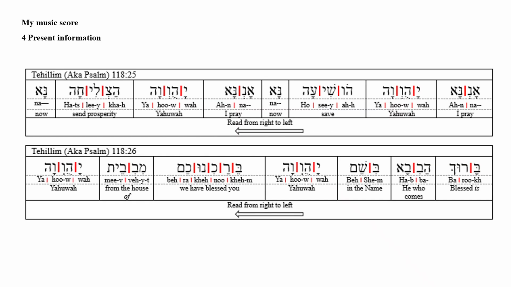4. Present information. My music score reads from right to left as per the Hebrew language. I play the notes in each syllable as a chord and regard each Hebrew word as a bar of music. I have found I tend to play the first octave, Aleph to Yod, with my right hand and the remaining notes with my left hand. The first octave contains all of the vowel letters, so most of the playing is in this octave. Hence it makes sense to hold the instrument with the Aleph string, highest note, closest to the player.